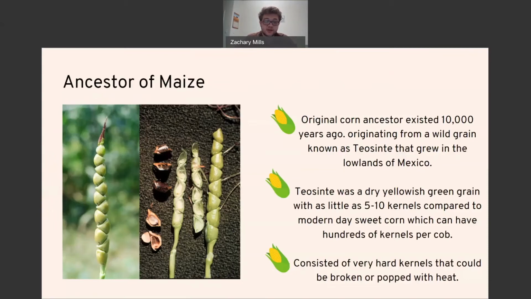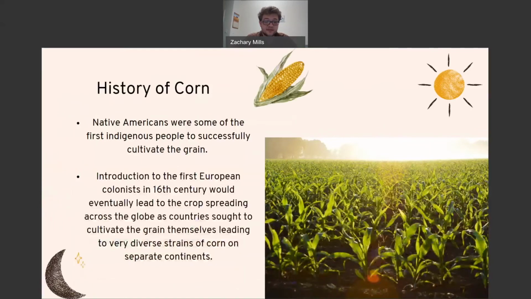The kernels of this plant were extremely hard and had to be cracked open like a nut or popped with heat. Many historians believe ancient Native Americans may have eaten the kernels in a method similar to how we make popcorn today. The Native Americans were some of the first indigenous people to successfully cultivate the grain and introduce it into their society. The introduction of the grain to the first European settlers in the 16th century would lead to